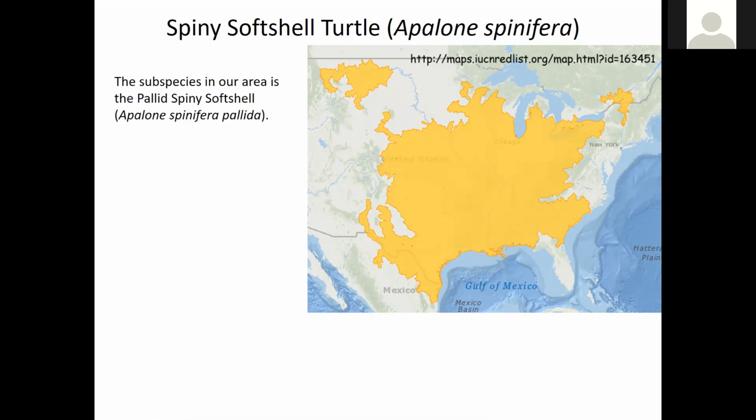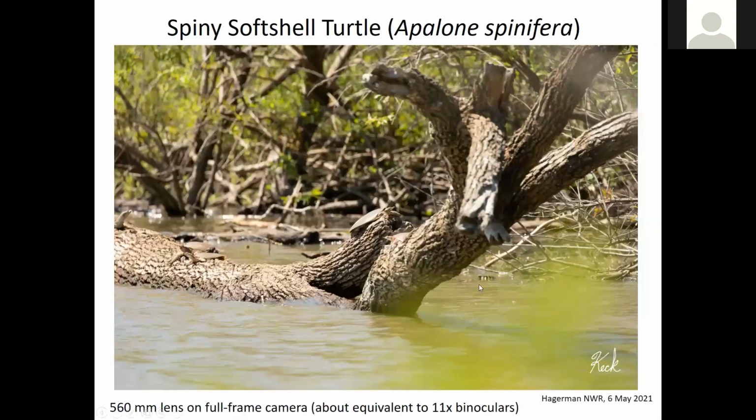By the way, the subspecies in our area is called the pallid spiny softshell. So there are different subspecies, but not in our area. These things definitely occur at Hagerman. So on my